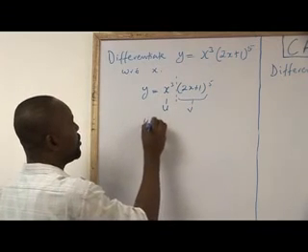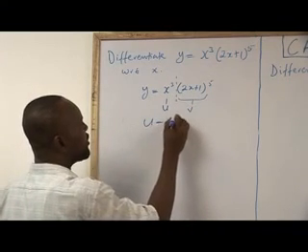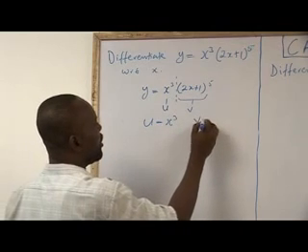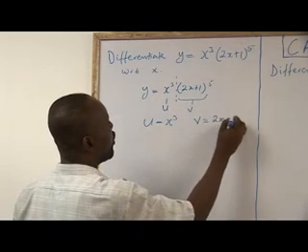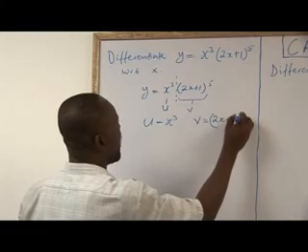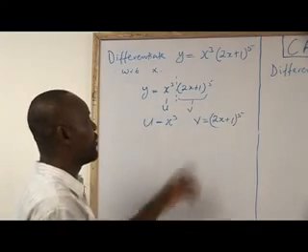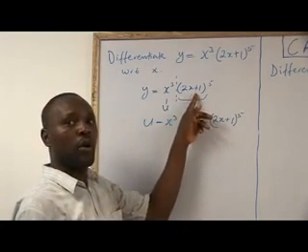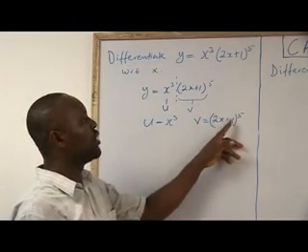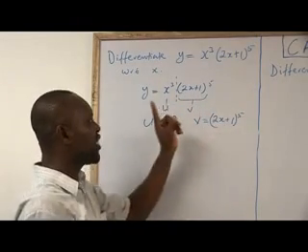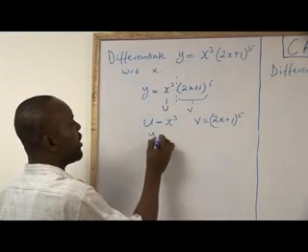So I'll say u is equal to x cubed, and v is equal to 2x plus 1 raised to the power of 5. Please take note, I'm not saying my v is just 2x plus 1, but 2x plus 1 raised to the power of 5. That way I can say that y is equal to